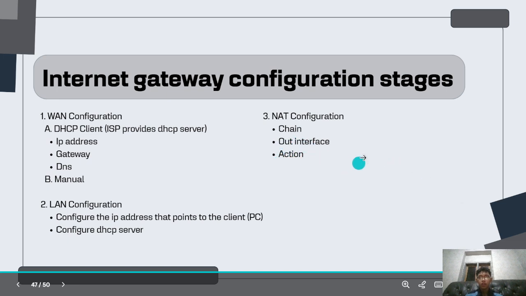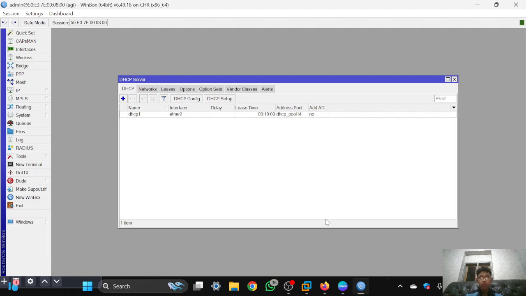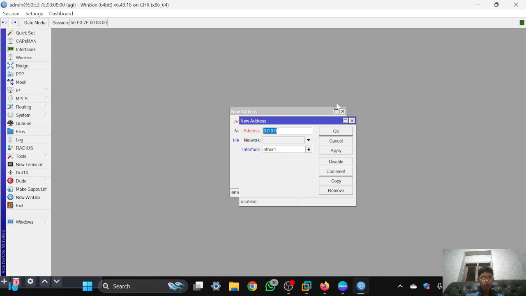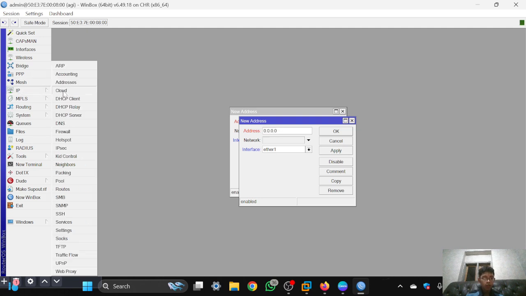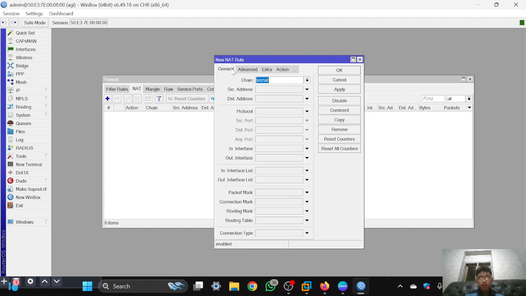Then I will configure the NAT configuration, which includes the chain, out interface, and the action. To configure the NAT, first go to IP, then firewall, NAT, and click the plus sign. In the general tab, the chain is srcnat, and the out interface is Ethernet 1, and go to the action.